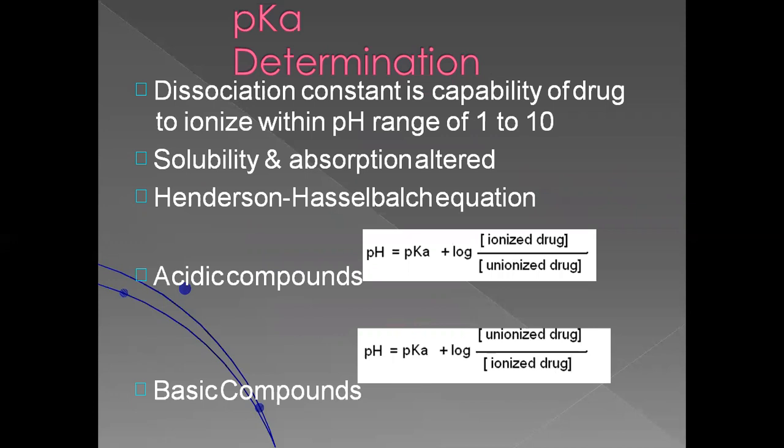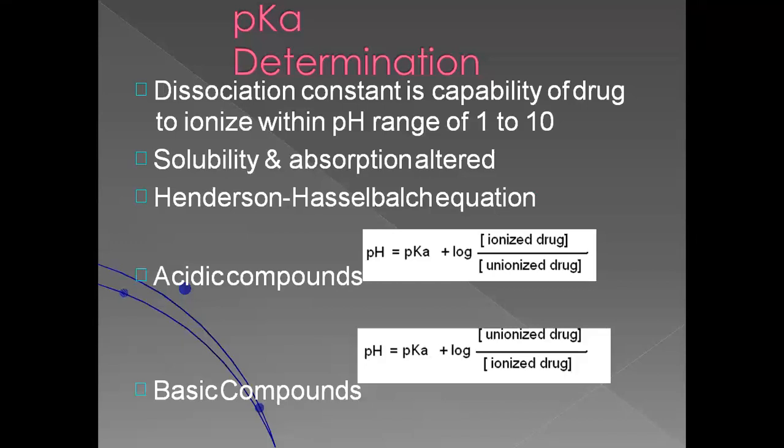So for a weakly acidic drug with pKa value greater than 3, the unionized form is present within the acidic contents of the stomach, but the drug is ionized predominantly in the neutral media of the intestine. For basic drugs such as erythromycin and piperazine, that have a pKa of 8 to 9, the ionized form is predominant in both the stomach and intestine. So, in general, the unionized drug molecule is the species absorbed from the GIT.